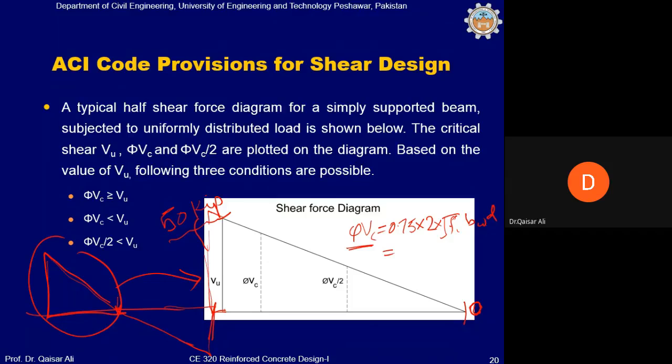अभी आप लोगों ने मालूम किया था, अगर bw हमारे पास 12 इंच हो और d हमारे पास 18 इंच हो, तो φVc कितना आ जाएगा? f'c 3000 है। 0.75 से आपने मल्टीप्लाई कर लिया, 17.74, ठीक। लेट्स से 18, बस 18 आ गई। तो ये वैल्यू 18 किप हो गई और ये वैल्यू φVc/2 यानी 9 किप हो गई।